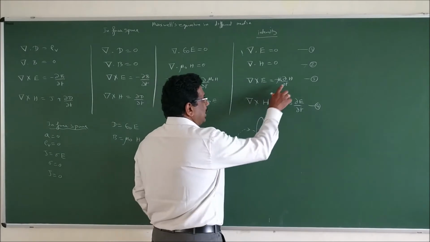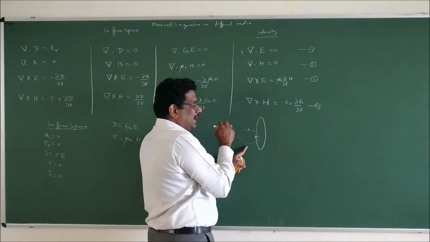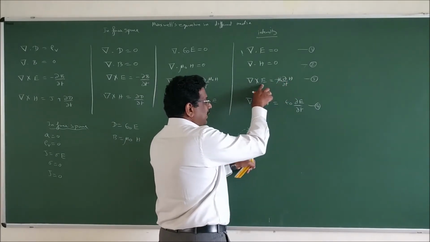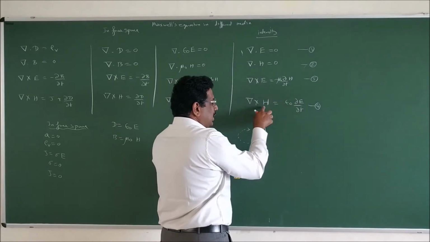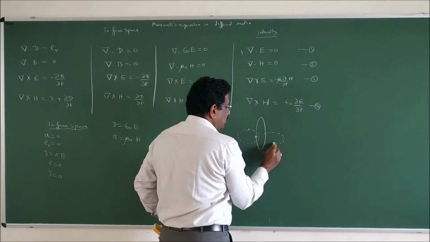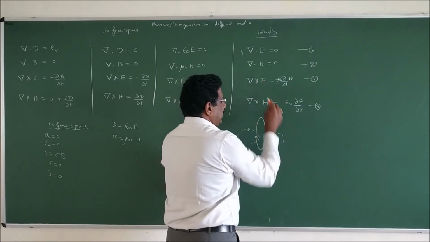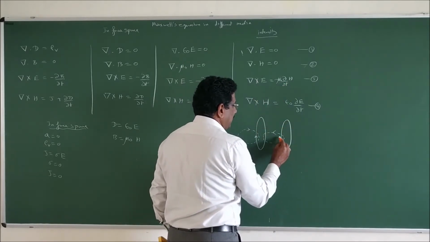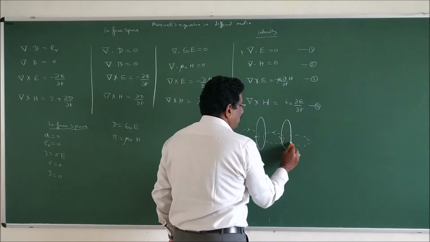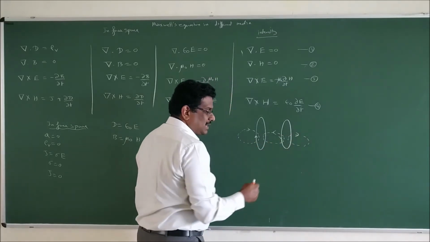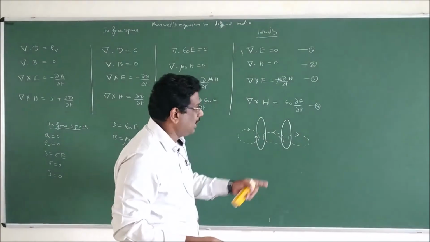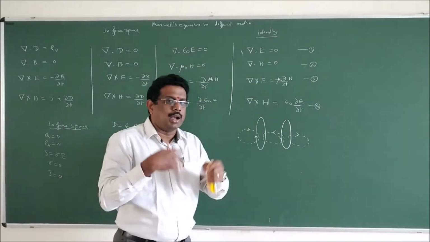Now what I concluded: if there is a magnetic field, this dotted line, it gives you an electric field. If there is an electric field, that should give you a magnetic field. We are ready with one more magnetic field like this. If there is a magnetic field, that should give you an electric field, so let us have one more electric field like this. Again, it should give you one more magnetic field like this. But the direction changes because of the sinusoidal alternation, because dou by dou T is an alternating component.